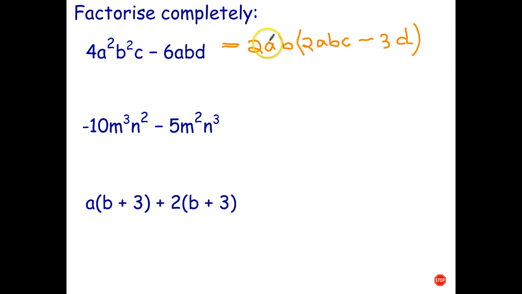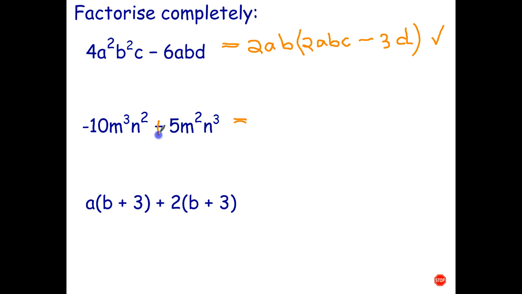Let's do a quick check. 2 times 2 is 4, A squared, B squared, C. Yep, that matches. Minus 6ABD. So that's correct. Okay, looking at the second one, well, I'm going to do it by taking out the